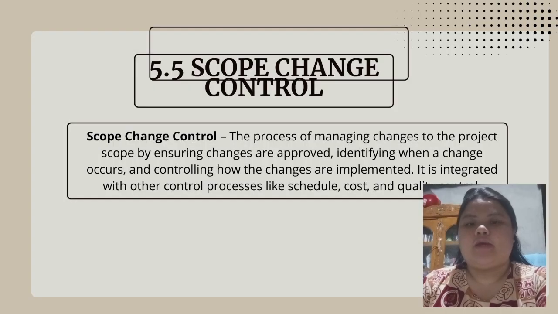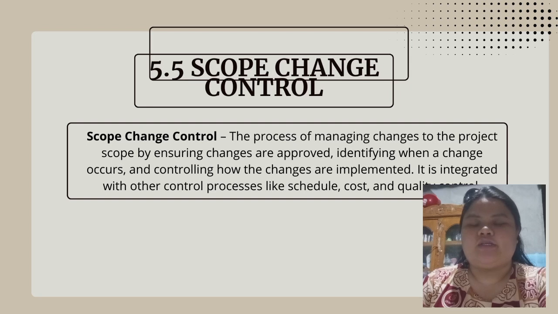And the last topic, scope change control: the process of managing changes to the project scope by approving changes, identifying when they occur, and controlling their implementation. It works with other control processes like schedule, cost, and quality control. Example, updating a software project to include a new feature requested by the client after review and approval, while adjusting